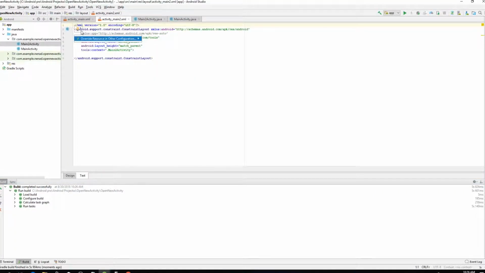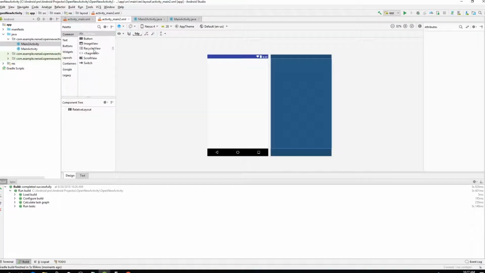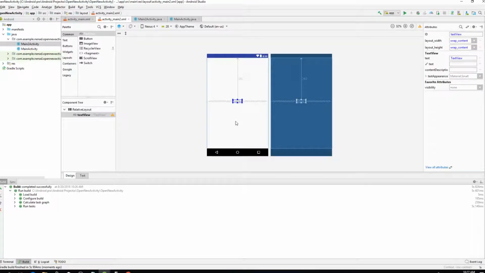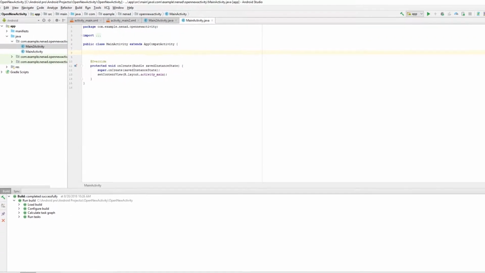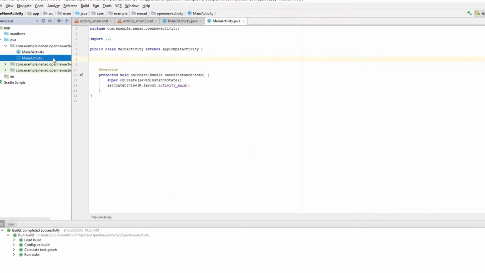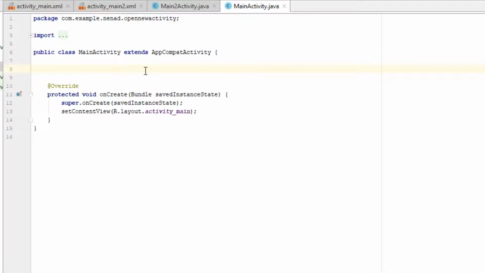Again, change it to relative layout, design, and put one TextView on the screen, and let's set text of the TextView to be second activity. Alright, now let's get into coding. So right now I am in mainActivity, so that is our first initial activity, and we have button there, so